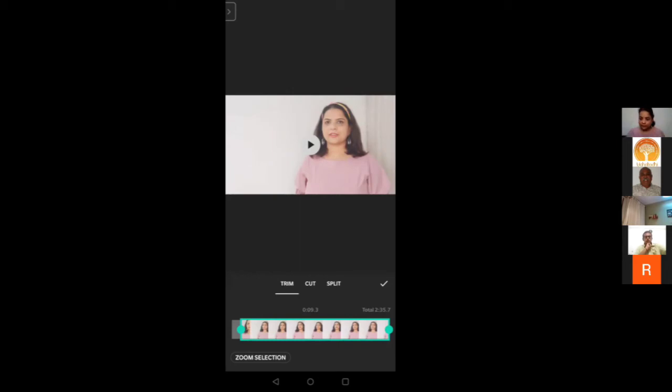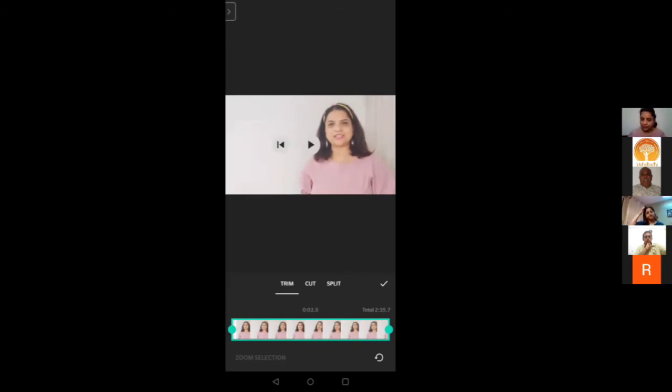If you don't, then you have an option of zoom selection. So this is the area that I have selected now. You go to zoom selection. You will not get that आगे का cut. आपको जो आगे आपका जो distraction है या जो आपने आगे गलती की है या जो आप setting कर रहे थे वो आपको नहीं दिखेगा. You will start seeing that I started talking.